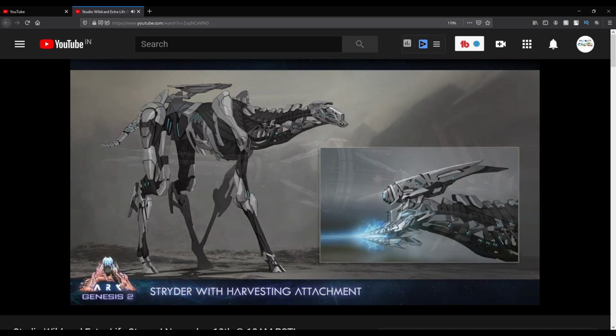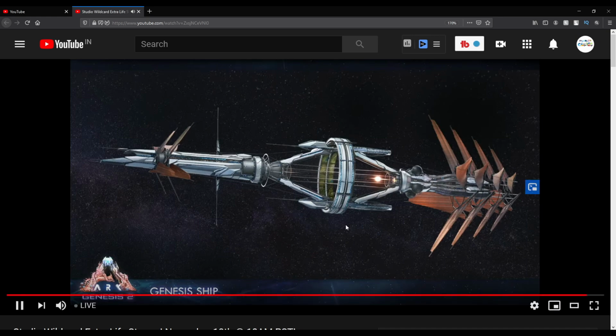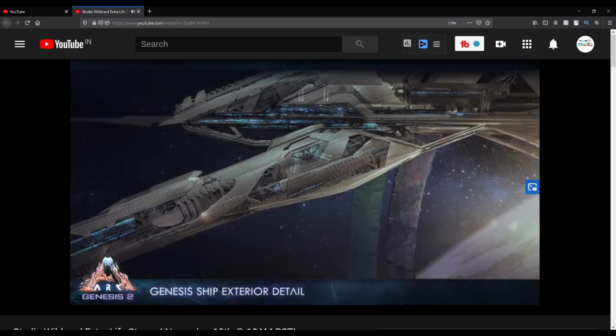All right, next up we have the Genesis ship. This is the exterior, just to get a good sense of scale of how big this is. That's a huge ship. Inside of those rings, our biggest map ever, which is only like a tenth of that ring. Not only is it huge,